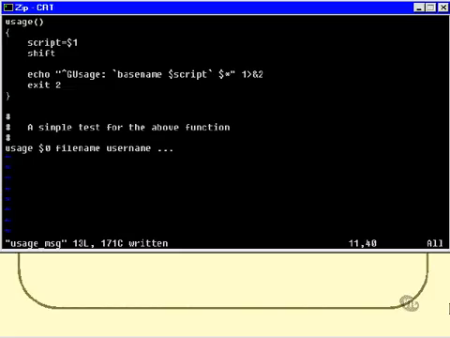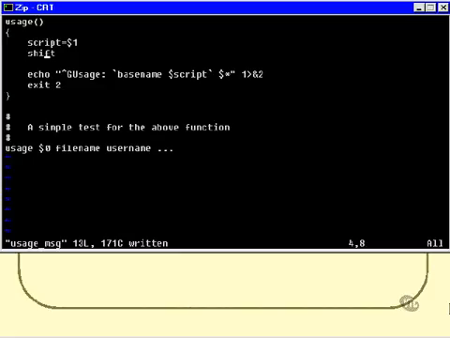And this script is actually called usage message, and it is available, of course, on the CD in the Chapter 9 folder. So here's the little function itself. Now the very first thing I do, and this is the only clever part of the whole script, is I take $1, which is supposed to represent the script's name, and I store it in a little variable called script, and then I shift. I skip over that, so now, after I've shifted,